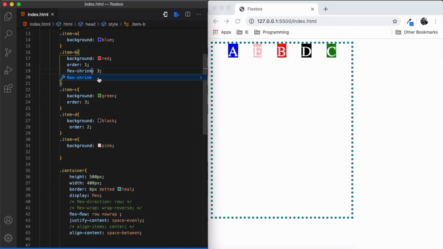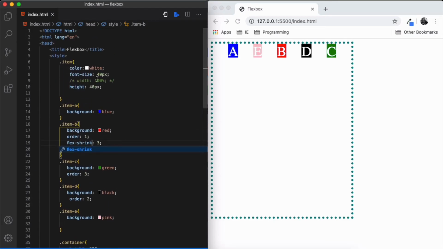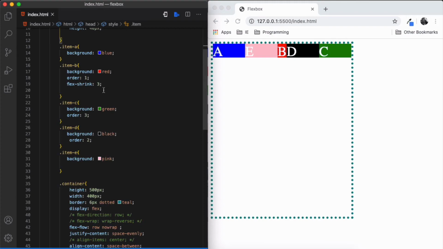Okay, and let's give a general width property of 50 pixels. You can see B was also given a flex shrink property of 3,